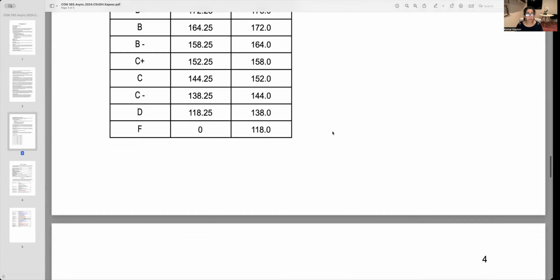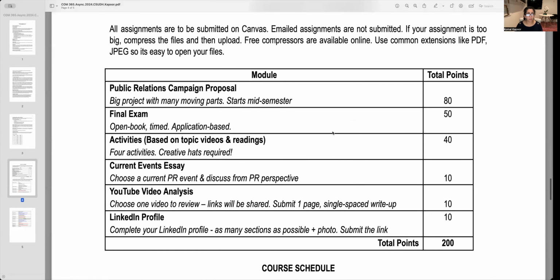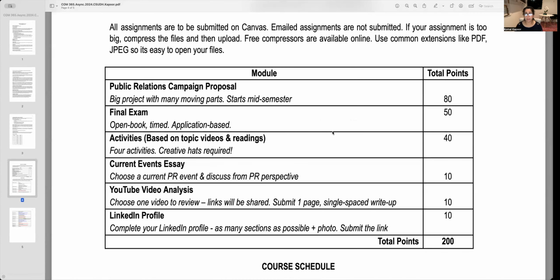Okay, so why don't I now quickly go over the assignments that are expected to be completed in this class. So we have 1, 2, 3, 4, 5, 6 sections, and you can see that the biggest proposal assignment is 80 points, right? And the points go down from there. So there's a big campaign proposal, which you will eventually hear from, but we'll start it somewhere around spring break,